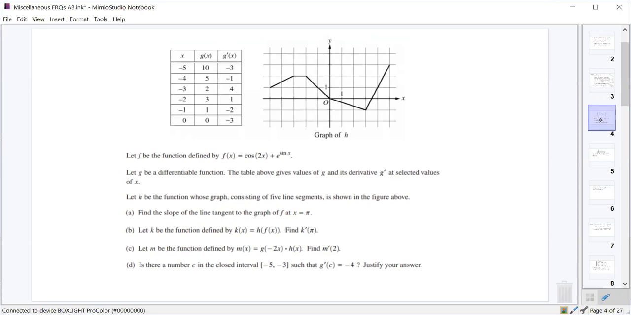Oh, well, that's fine. Let's find the slope of the line tangent to f at x equals pi. So here's f of x. We want the slope of the tangent line, which means we need the derivative, which tells us that f prime of x is what? What's the derivative of cosine 2x? -2 sine 2x. And the derivative of e to the sine x ought to be cosine x times e to the sine x. And when we evaluate that at pi,